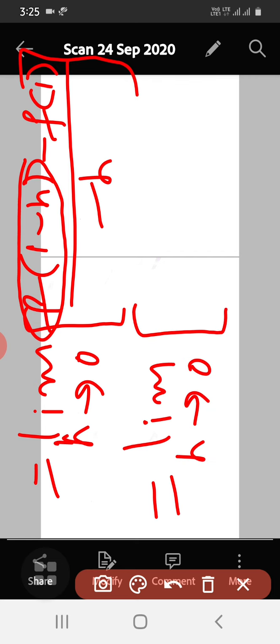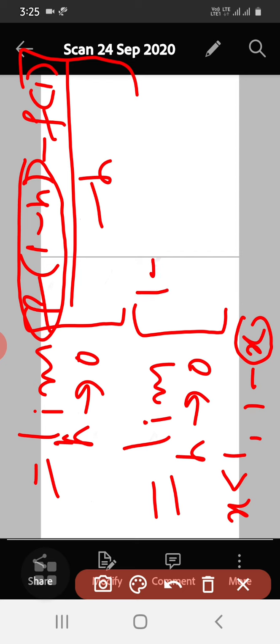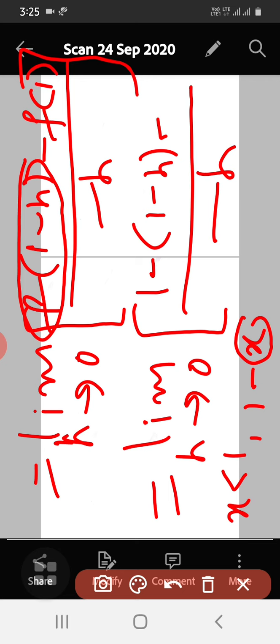So how is the function defined when x is less than 1? It is 1 minus x. So f of 1 minus h means, when x is less than 1, the function is defined as 1 minus x, so instead of x we will replace 1 minus h. 1 minus x means this 1 minus h, divided by minus h. I will write it as it is. f of 1: what is the value of the function when x is equal to 1? The value of the function is 0.